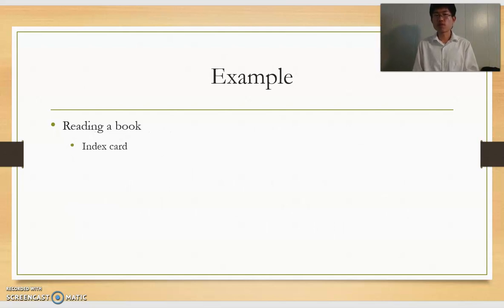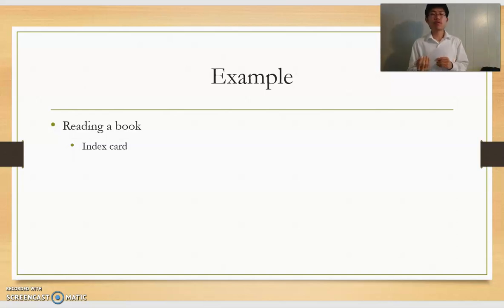Just an example. When I read a book, when I read something new, I use an index card like this, just very small. It's 3 by 5 inches. And on one side, usually the back side, where it has more space, if it's ruled, I use the back side. If it's blank, it doesn't matter which one it is. But on one side, I write down the prior knowledge that I have.